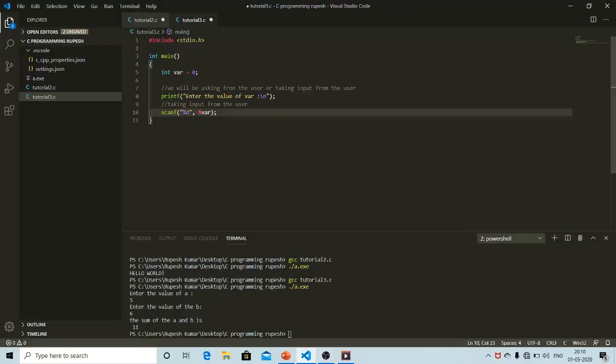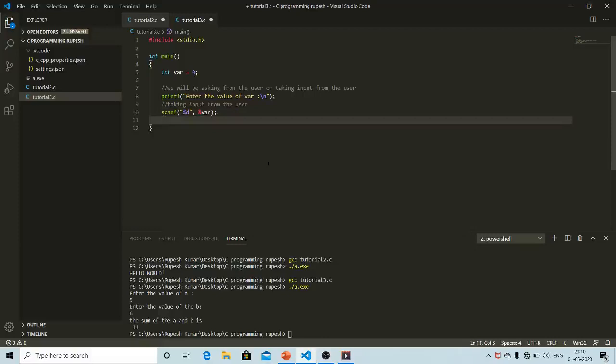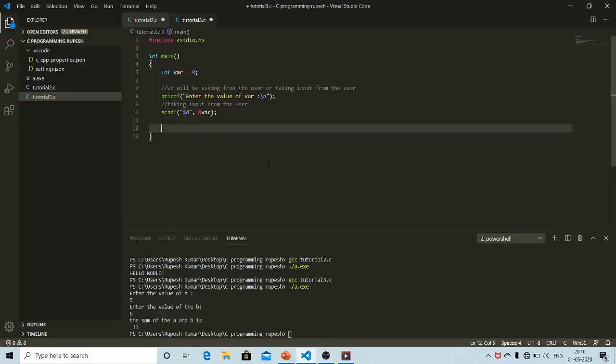The variable var has occupied some space in your memory, and that part of the memory has some address. So I am asking scanf to take the input from the user, the value of var, and store that value at the address of the variable.